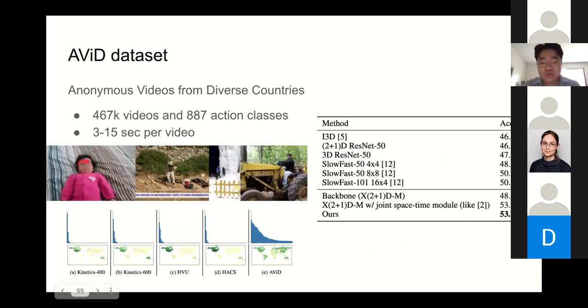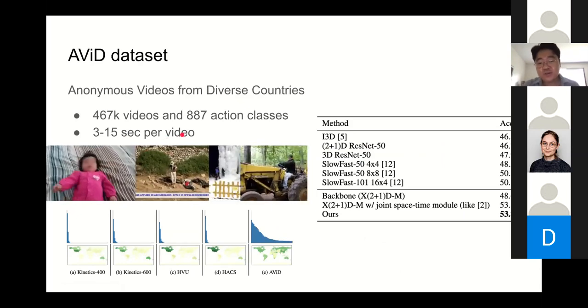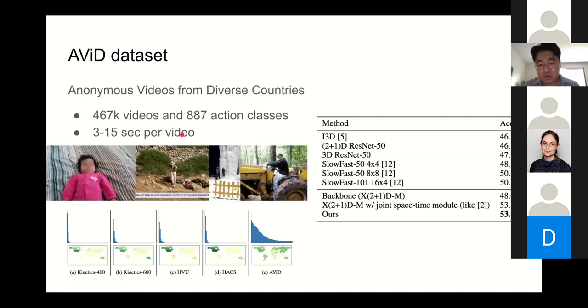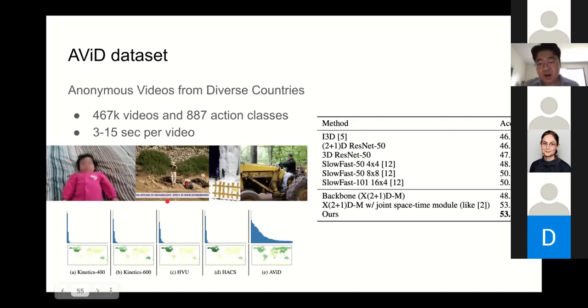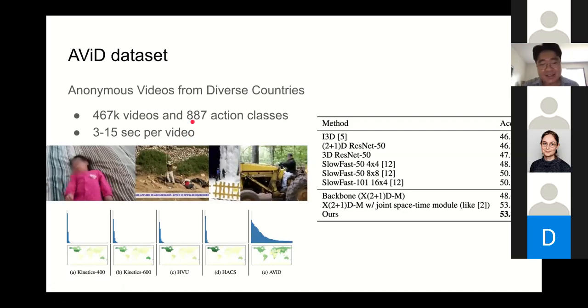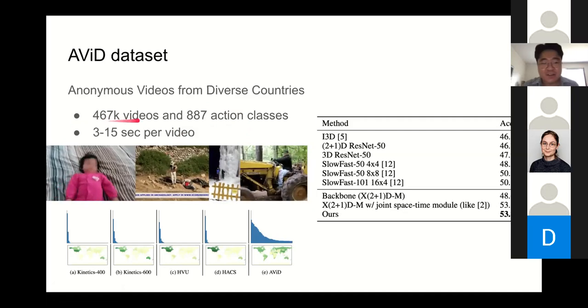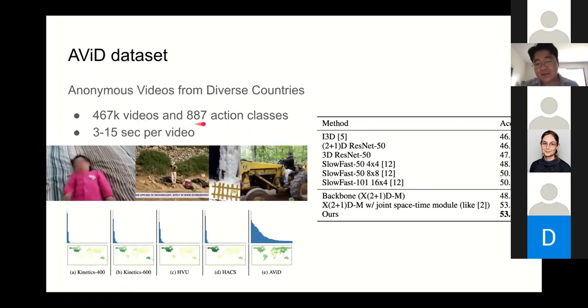We also try to properly anonymize human faces so that we don't get into any trouble. And we also try to respect the license of each video. So each video has a Creative Commons license. And yep, it's a static dataset as well. And it has more than 400,000 videos and more than 800 action classes.